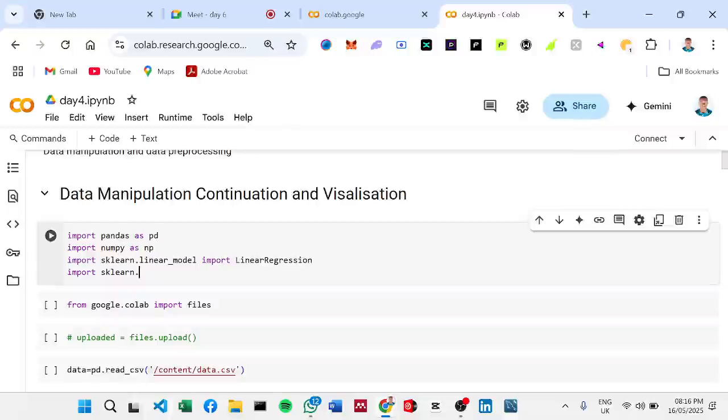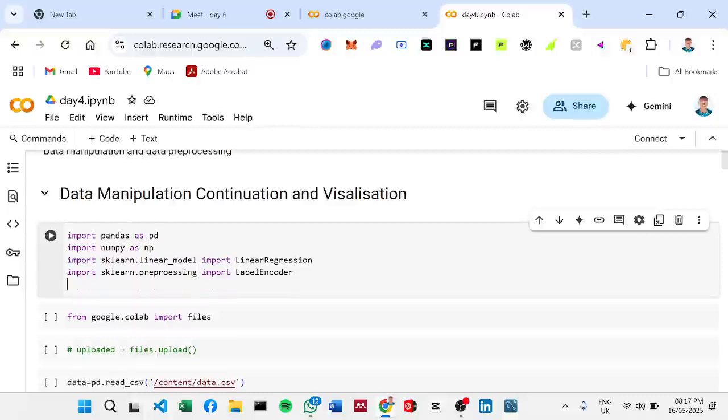Dot preprocessing, import label encoder. Label encoder, I've already used it, so that's why I just imported. We've used it in our last class where I taught you how to convert categorical data to numeric data. So we are going to import these two libraries in addition to the other two that we've imported. And another thing we'll import today is